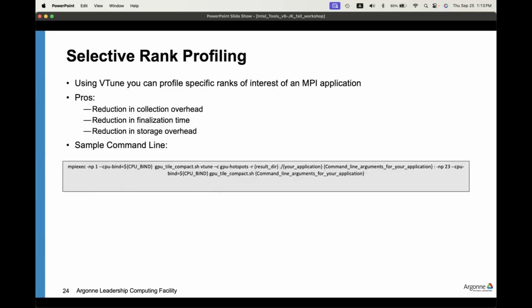Another thing is selective profiling. For example, even on a single node, we have 12 MPI ranks and 12 GPU devices, logical devices, 12 tiles of GPU, right? Maybe you just want to reduce the 1000 node case to a 4 node case to profile that, right? And in the 4 node case, you still use 48 MPI ranks, right? If you think all MPI ranks run a similar type of task,